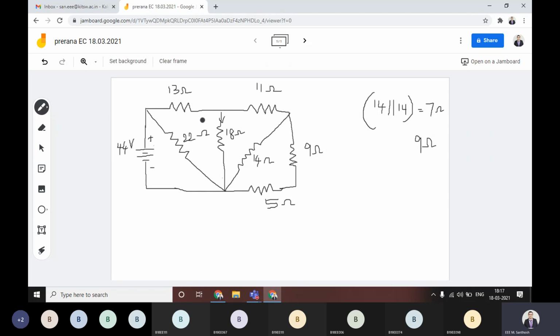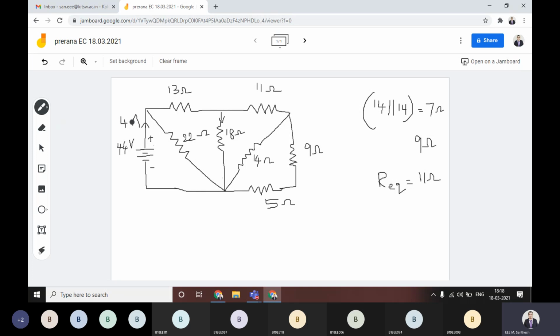Okay. Then 22 ohm, 22 ohm, both are in parallel. Then that will give you the equivalent is 11 ohm. That means the equivalent resistance is 11 ohm at the end. R equivalent is 11 ohm. Then voltage is 44 volts. Then what is the actual current flowing? 44 volts, 11 ohm. What is the current flowing? 4, sir. Very good. 4 amps.